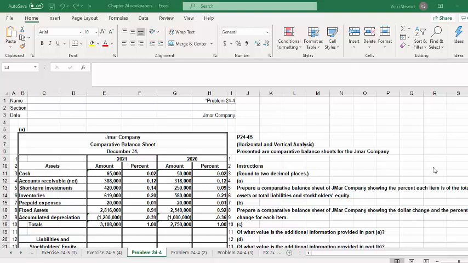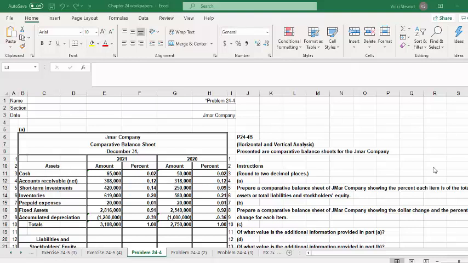This is a demonstration of problem 24-4B, horizontal and vertical analysis. Presented are comparative balance sheets for the Jmar Company, and the instructions tell us to round to 2 decimal places, and in part A, prepare a comparative balance sheet of Jmar showing the percent each item is of the total